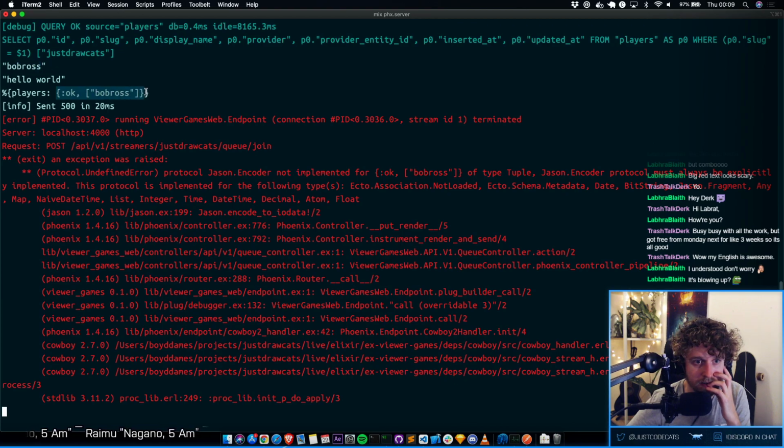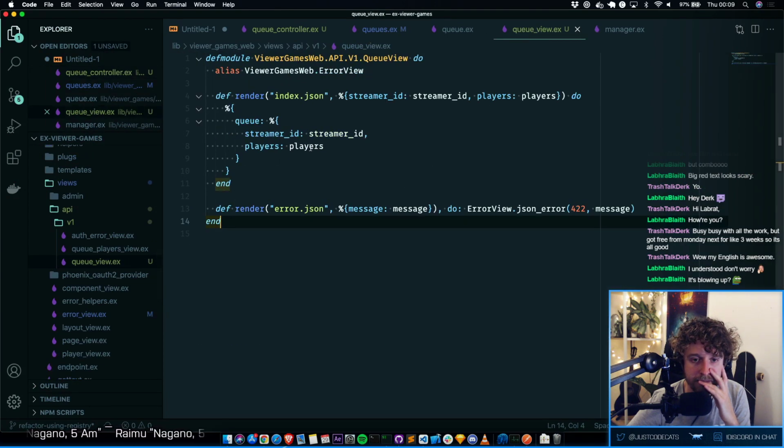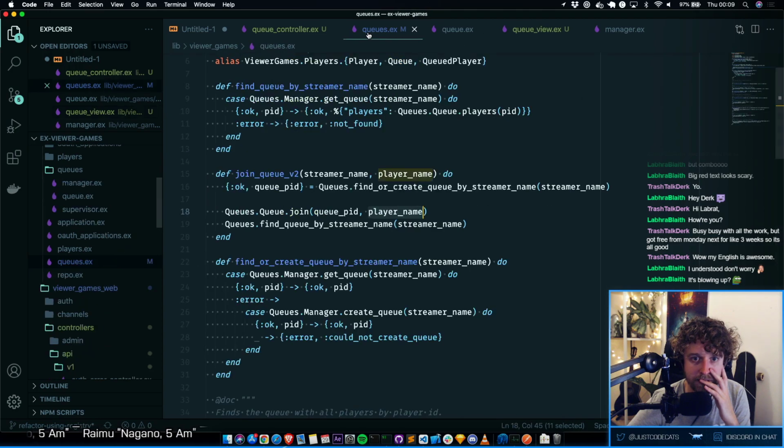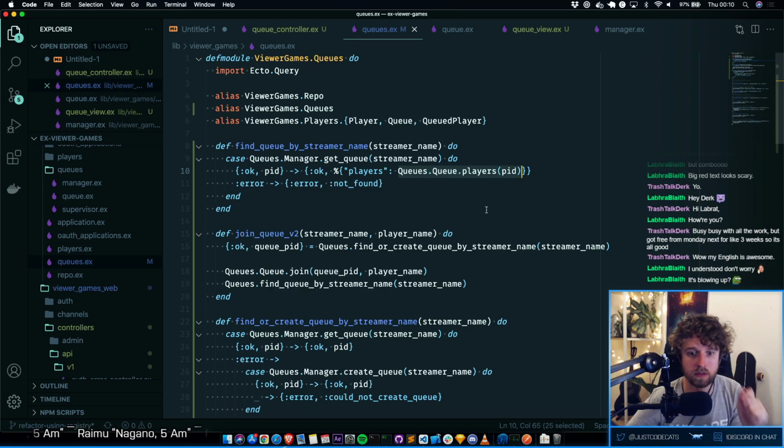So why is this constructed in this way? Passing the players. We know that it exists because otherwise it would have already gone wrong, so we might as well just do